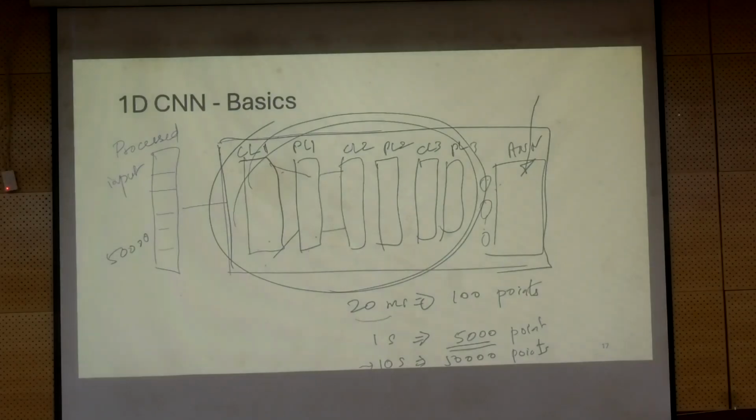No. So this output here is the feature vector, the feature map. This will be of the same size. This is being fed as it is. There is no reduction here. So from CL1 to CL2, the order is reduced. CL2 to CL3, the order is reduced. By how much you need to reduce the order is up to you. And you can also decide that at different stages. You can reduce the order considerably here itself, or you can wait until the 2nd or 3rd or 4th or 5th layer to do that.